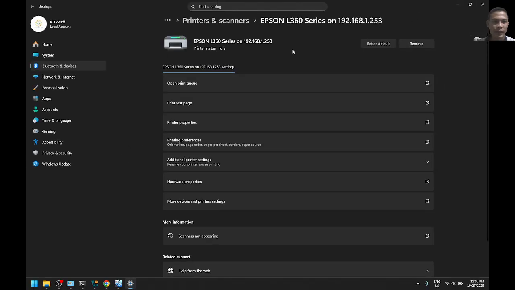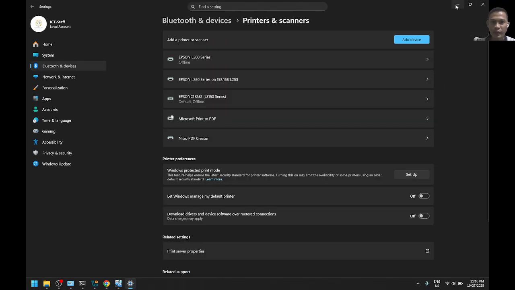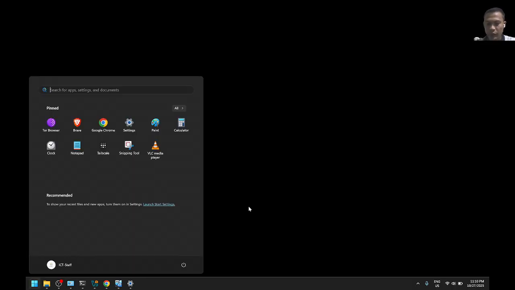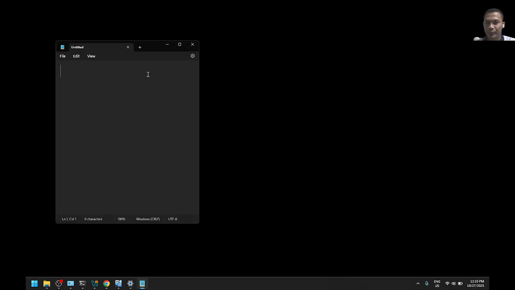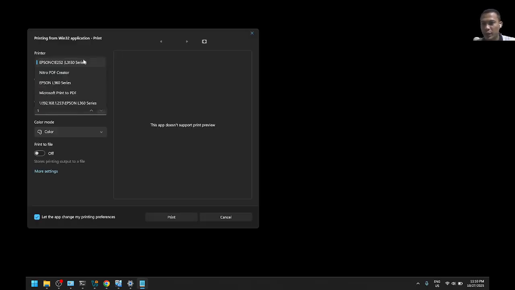Okay. So that means if we try to print, so print this from the base OS. Print. So select the network printer. Print.